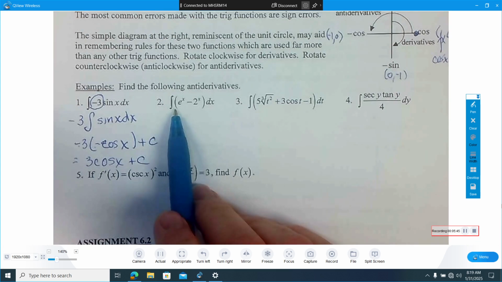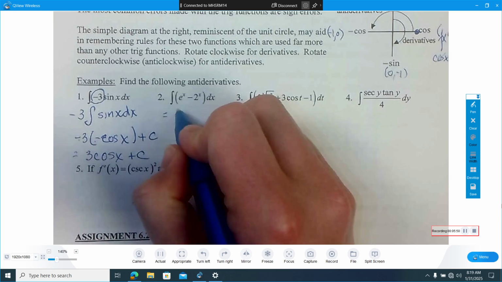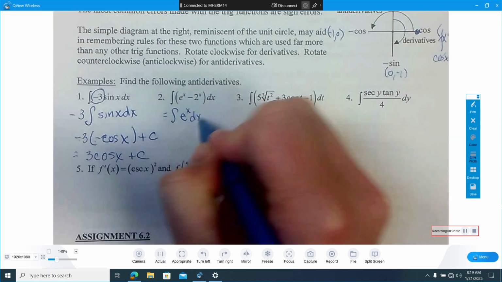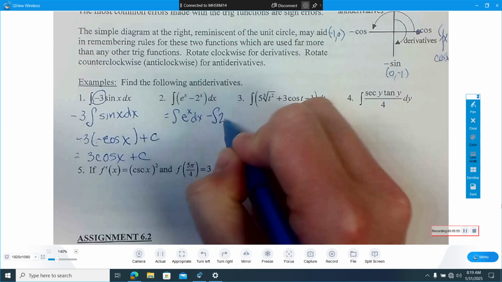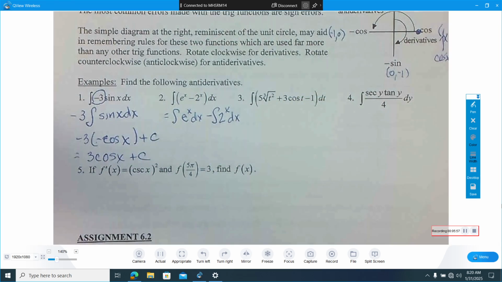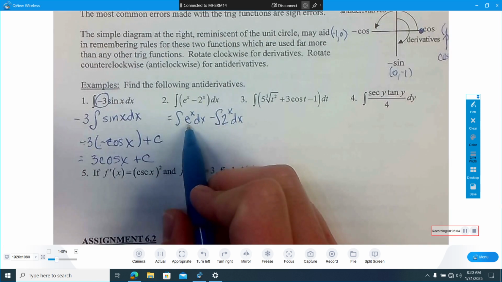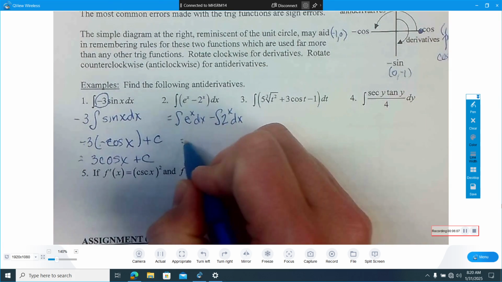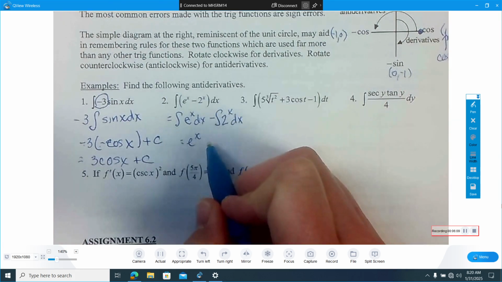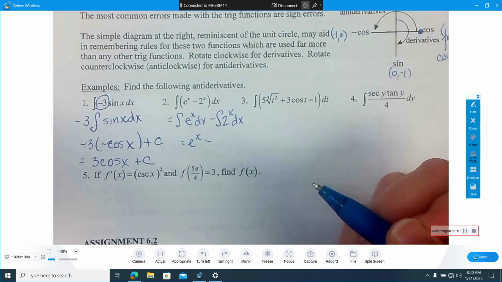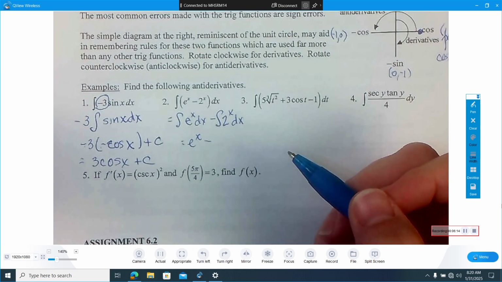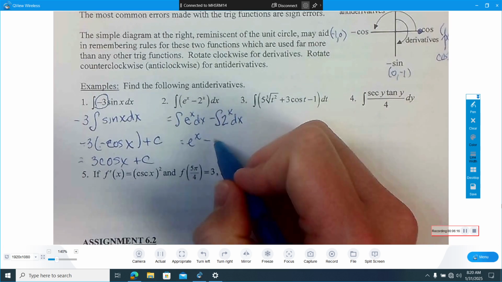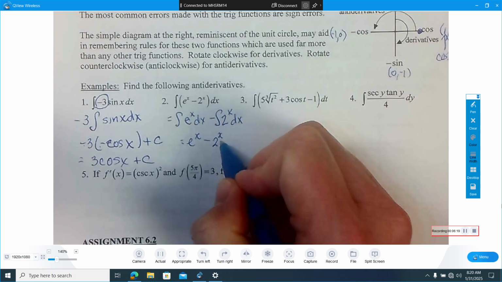Here on number 2, we have the integral of each piece. We could separate it if we wanted to, but it's not necessary. I'm going to do it just for this first one: minus 2 to the x dx. So I have the integral of e to the x dx minus the integral of 2 to the x dx. All right, what's the antiderivative of e to the x? E to the x, that's an easy one. And then, what about our 2 to the x? Two to the x times